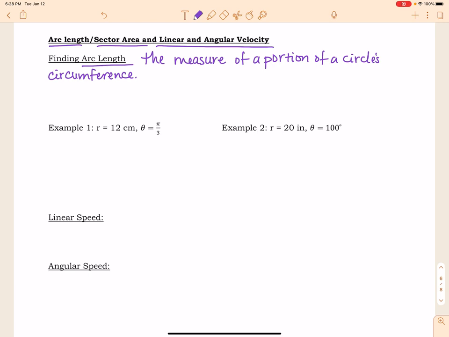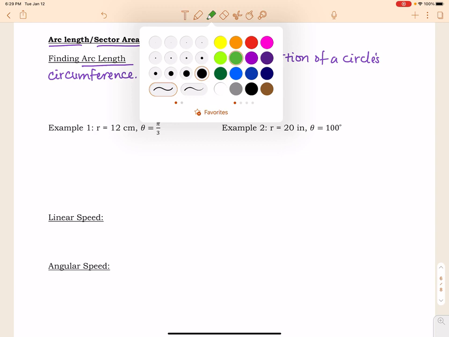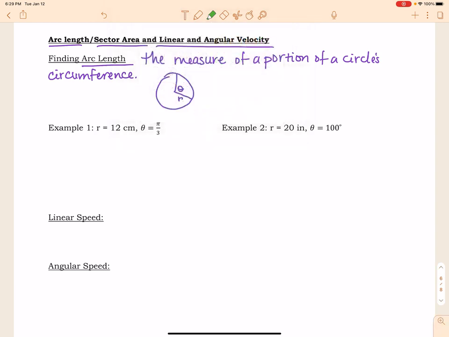Okay, so let's look at a picture of a circle here. So I'm just going to draw a little circle. It's not my best circle. But let's take an arc out of that circle where this angle measure is theta, and the radius is r. We're all accustomed to that. And then let's look at this. Let's make that a little smaller. Okay, so the arc length would be this right here, just that portion of the circumference, and we're going to